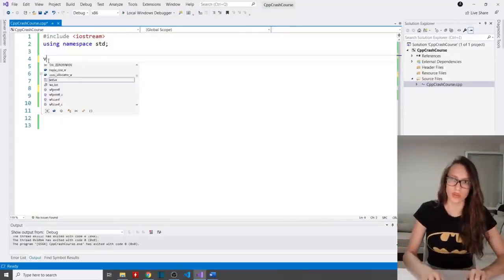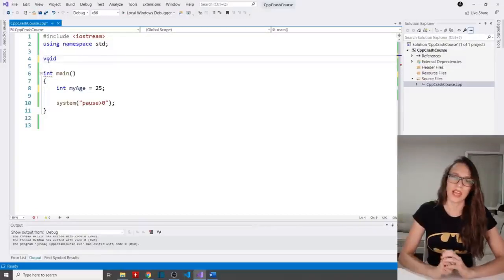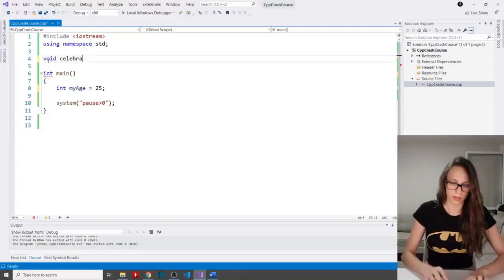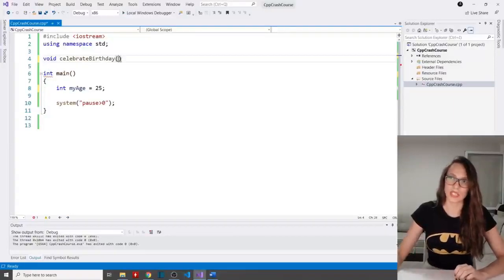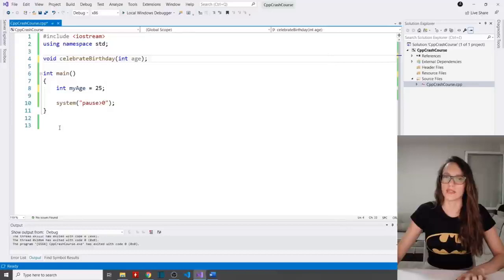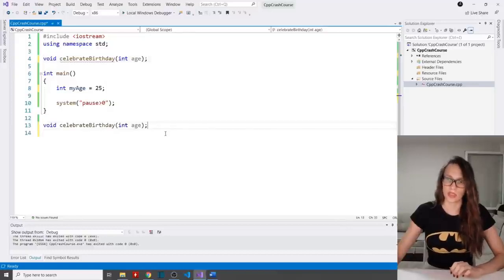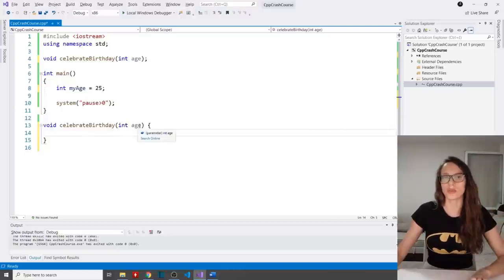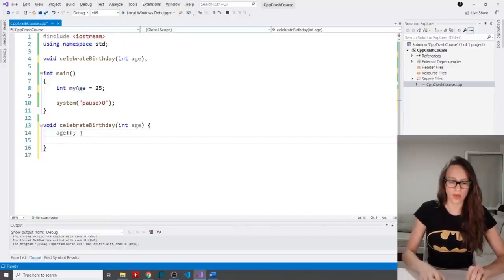That function is going to be of return type void, and let's call it celebrate birthday, like this, and it is going to receive an integer parameter called age. Now let's define this function here. The only thing that this function is going to do is increase the value of this variable, so increment it, and then write out a message.